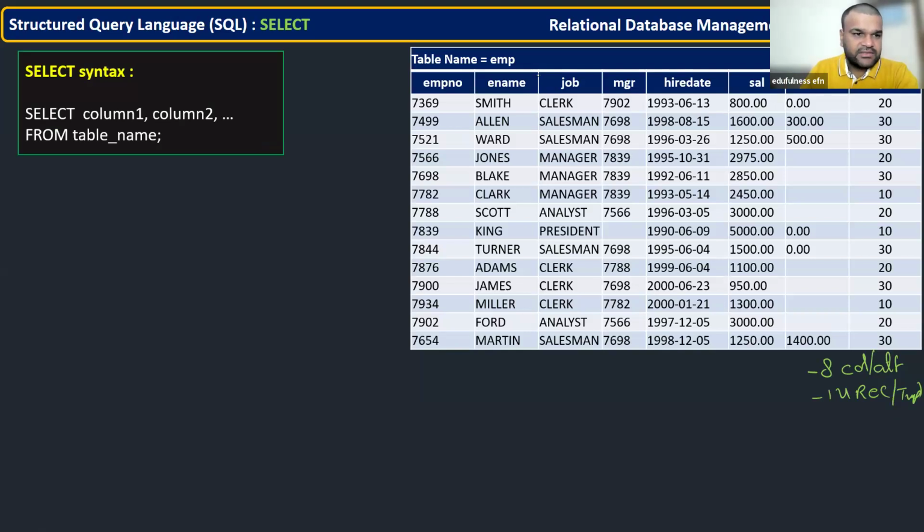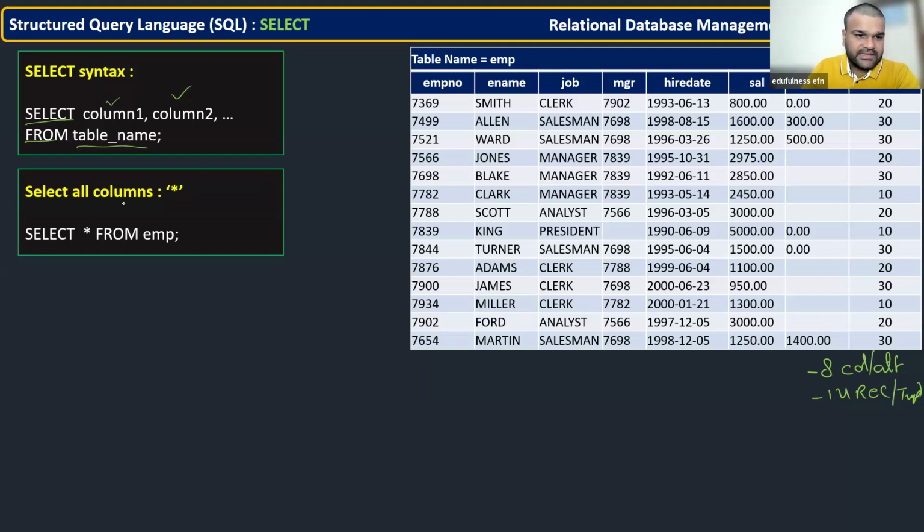Now here you can see the select statement. In the select statement, we always mention the column names, and in the from clause you mention the table name. Now, for example, when you mention star, all columns from that table you want in the output. The table name is EMP. So let us go to the SSMS screen. I will introduce you. Whoever is new, please listen.